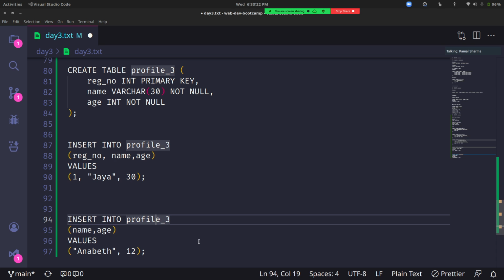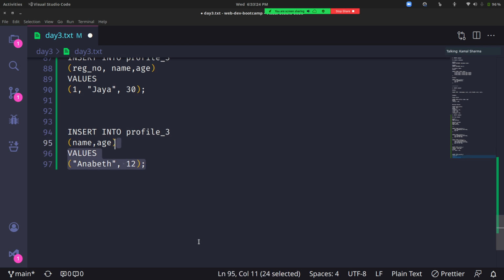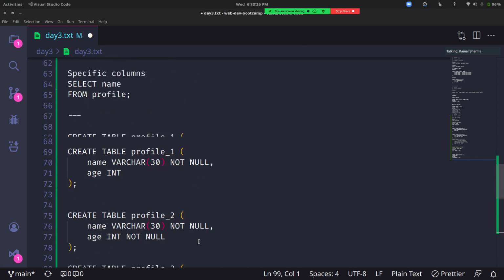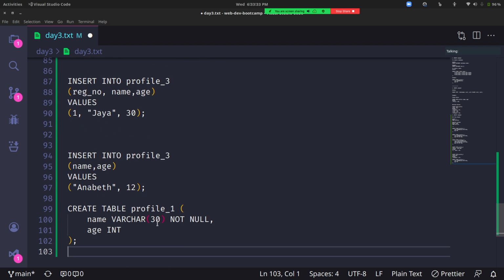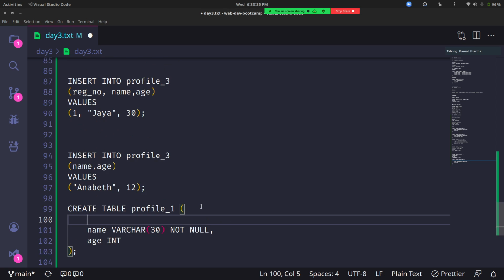For that, while we are creating the table, we have to add one more specific property. So let's say I'm giving the ID and specifying the data type.